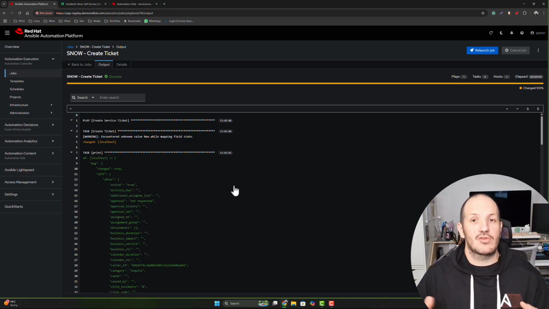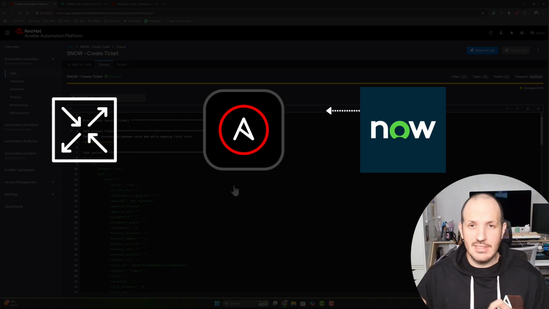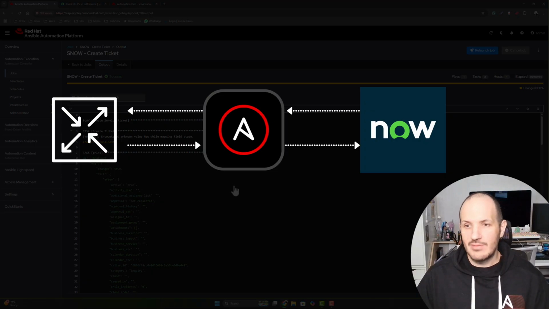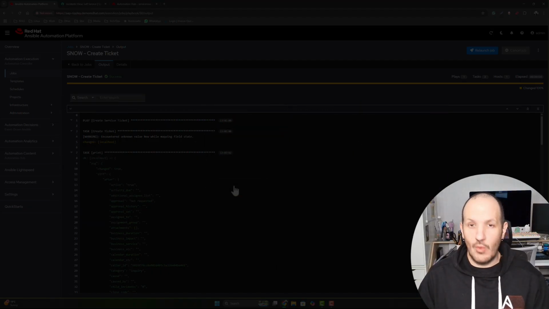And typically we would have to go and talk to our teams to go and find out information. But we could codify that. We could tell Ansible to go and get all this information for us and enrich that service ticket so that now our teams already have everything at hand and they can dive immediately into actually resolving the issue. So this is a really powerful technique. We use this quite a bit in event-driven Ansible because it's a very easy use case, but it has massive return on investment in terms of being able to help your teams and get that information to your teams quickly